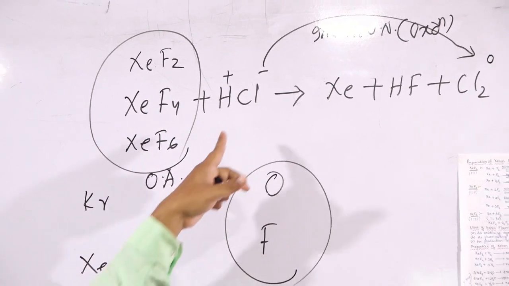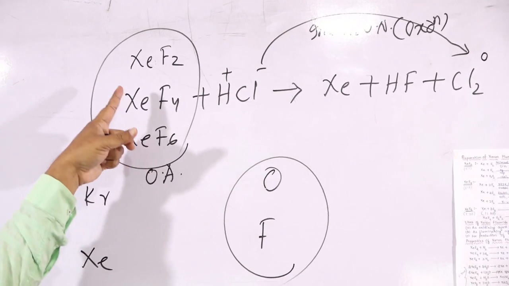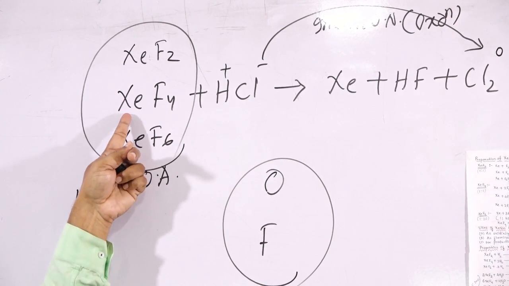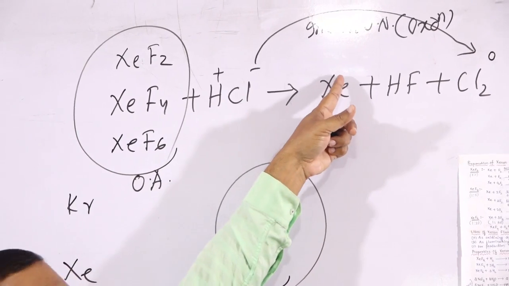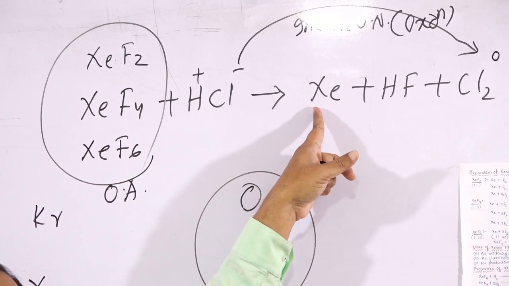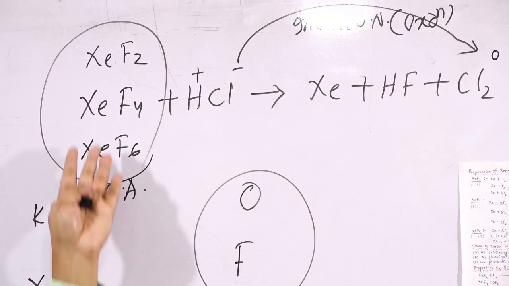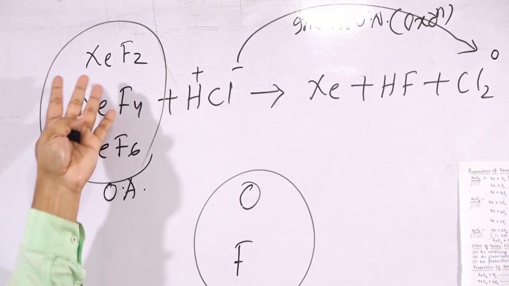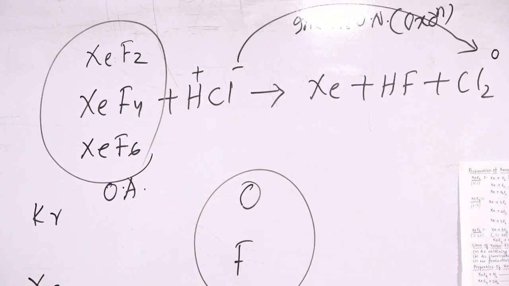In all these cases, Cl minus is changed into Cl2, and the oxidation state of xenon is +2 in one, +4 in another, and +6 in the other, and that has decreased to 0. The decrease in oxidation number is known as reduction. Then which agent is reduced? The oxidizing agent. So the xenon fluoride compounds act as oxidizing agents. They will oxidize others and they themselves get reduced.